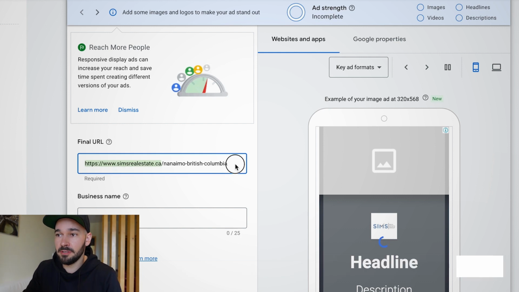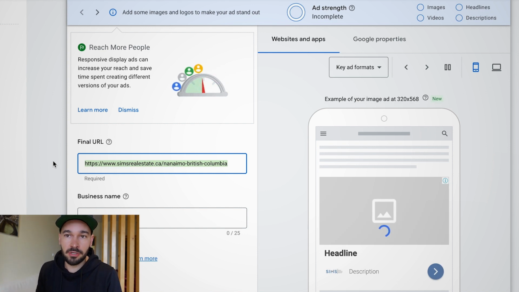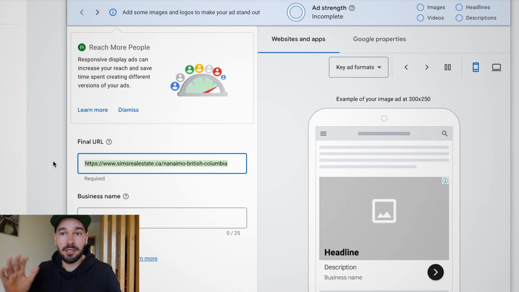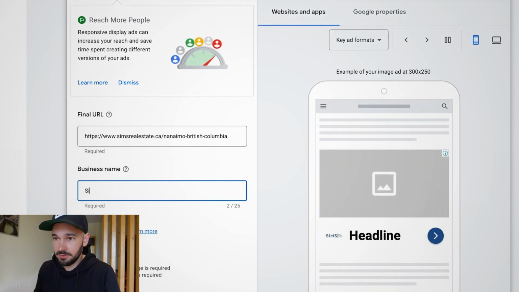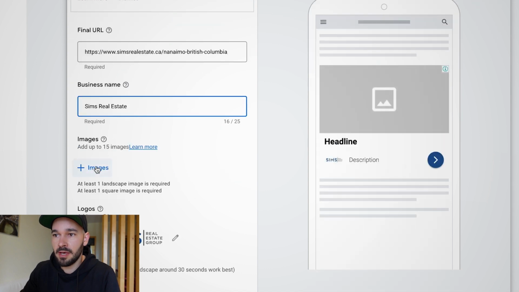Anyways, basically we're going to set up a retargeting campaign for Nanaimo, and then you'd want to set up the same thing for all of the other areas that you're targeting. In his context, we're targeting like 8 or 9 different areas, so we have about 8 or 9 different ads set up for those areas. In this case, you'd want to do business name, Sims Real Estate, final URL would be Nanaimo, images, we can click plus image,